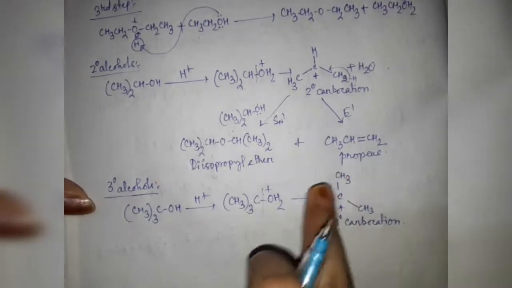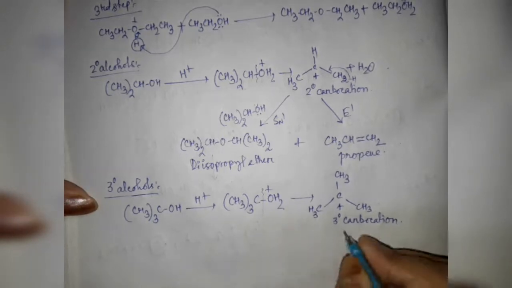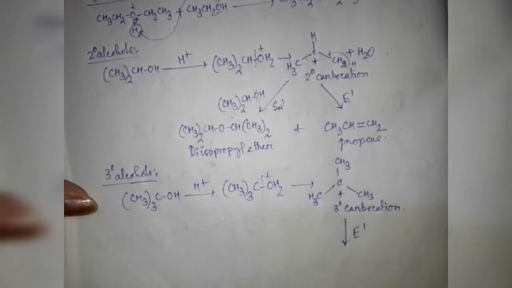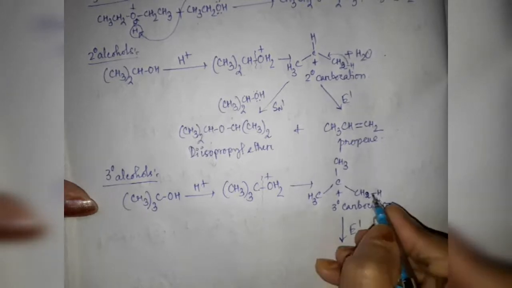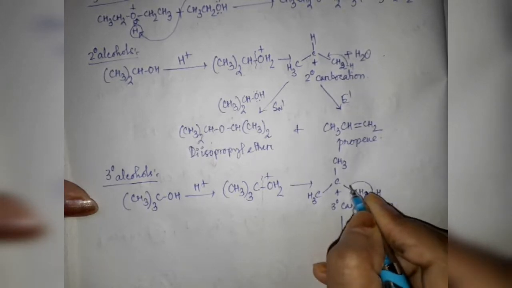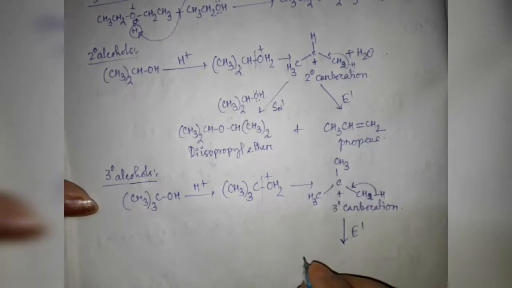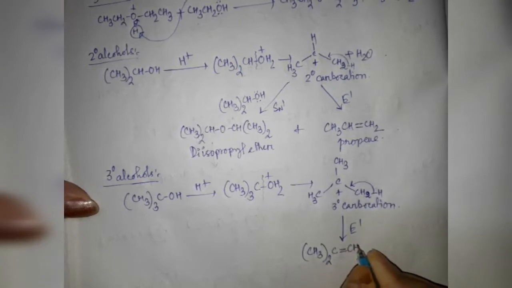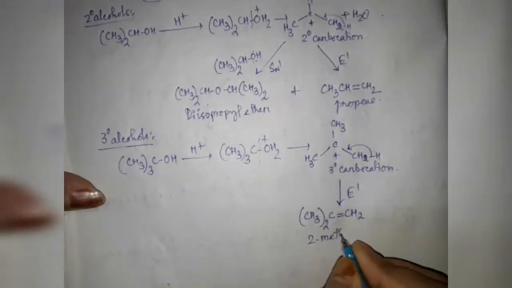These 3 degree carbocations are reluctant towards any kind of substitution reaction due to the presence of bulky methyl groups, so they can undergo elimination reaction. In E1 reaction we know that in the first step a carbocation is formed. So I am writing this CH3 as CH2 bond H. This bond will break and this bonding electron pair will be donated to the positively charged carbocation, and we will have our elimination product, 2-methylpropene.